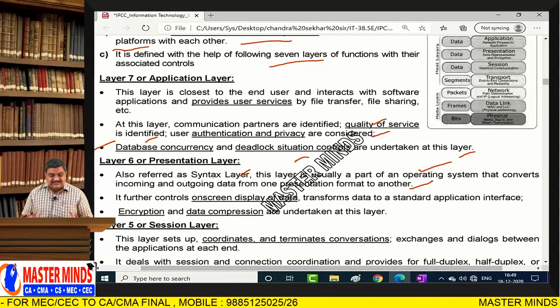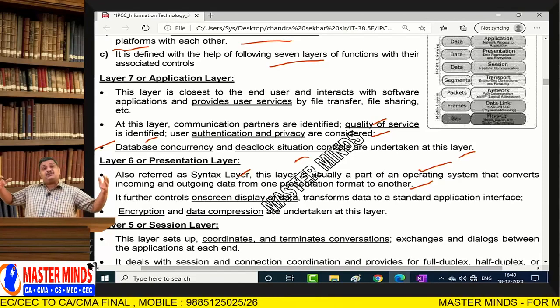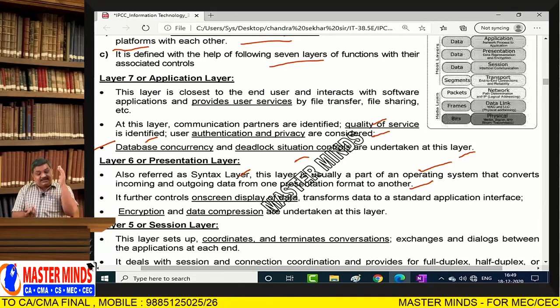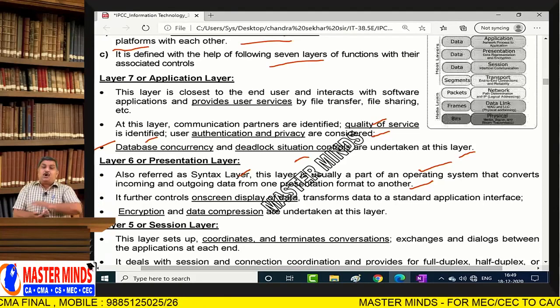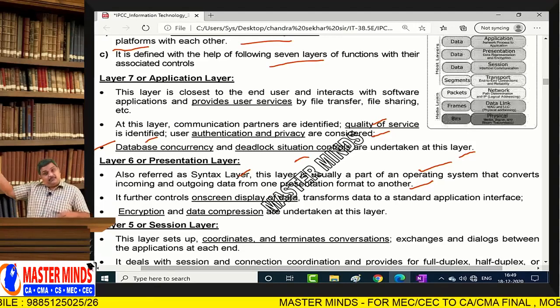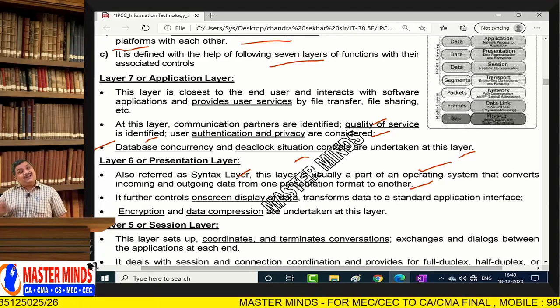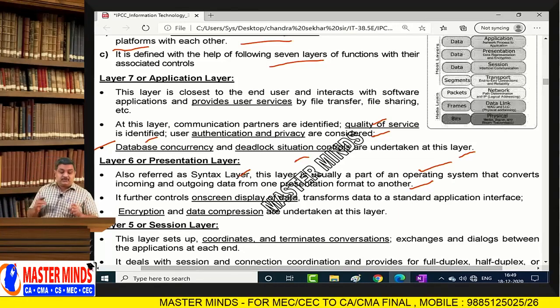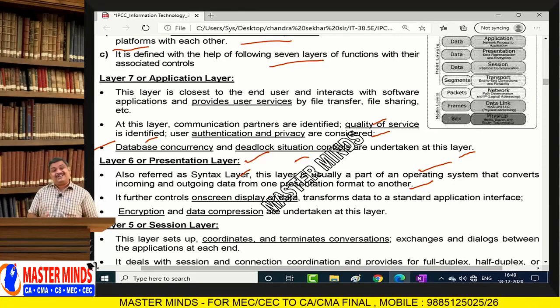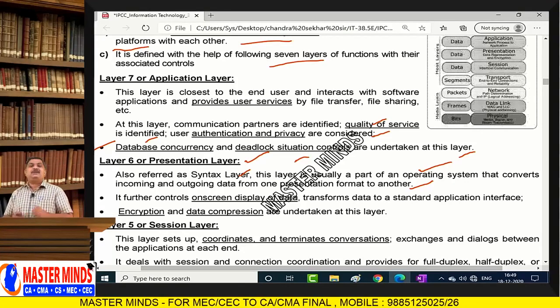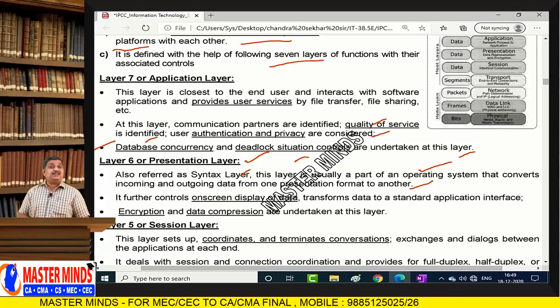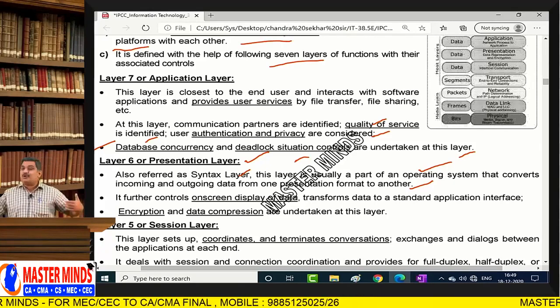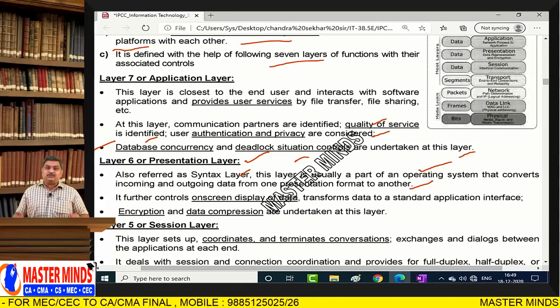So who does all these things? For example, if it is large data, it has to be compressed. The presentation has to be changed. And on-screen display. For example, here I sent hello in red color, and to my friend, the receiver, again it should be displayed in red color. So who will take care of all these things? The presentation layer, or presentation layer protocols, will take care of all these things. See, it is not so easy to say hi or hello to your friend. A lot of process is there. Okay, so now this has to be done.